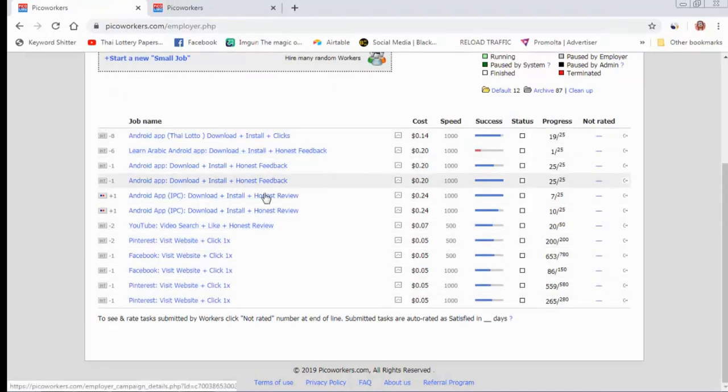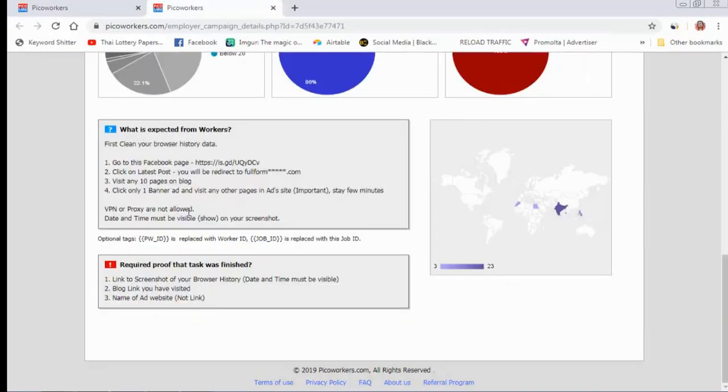I have run campaigns for an Android app, YouTube video, Pinterest and Facebook page. I always send traffic to my app or my website and get clicks on AdSense, because I want to earn more money from Google AdSense.